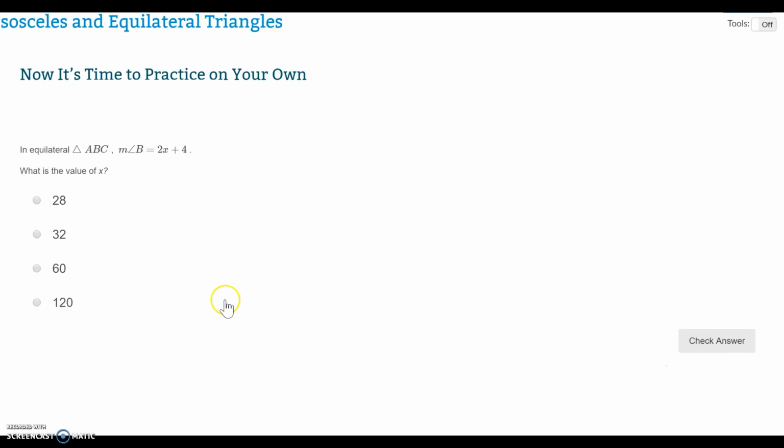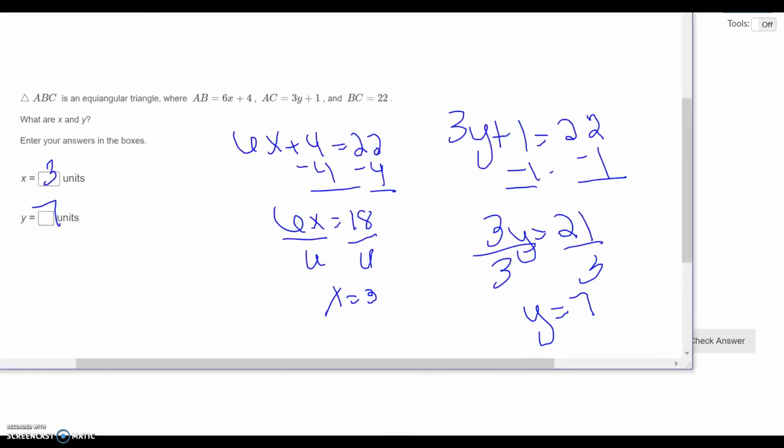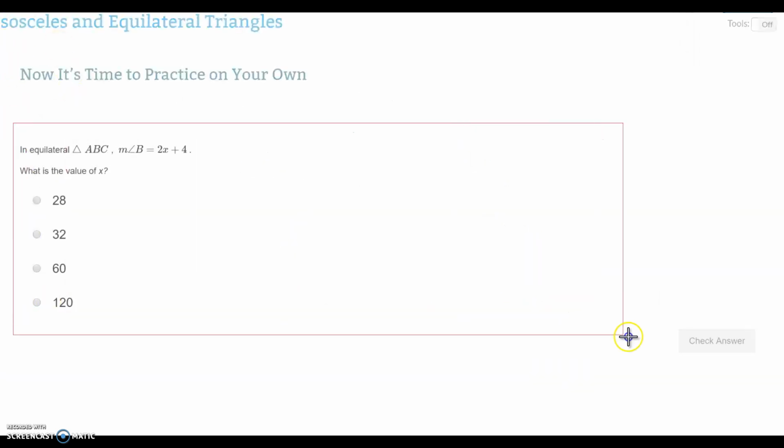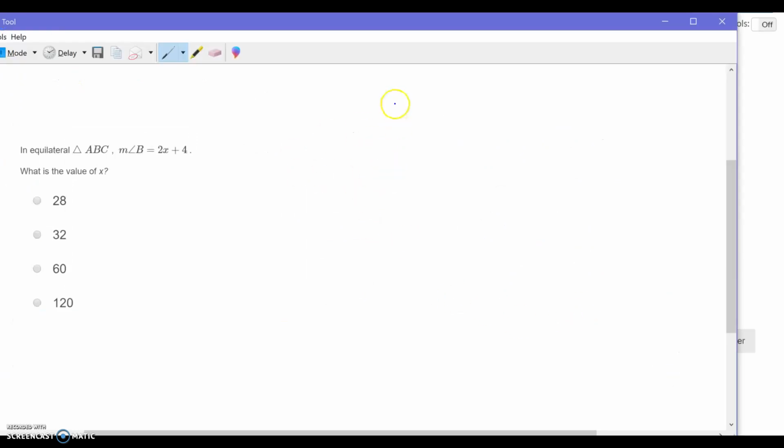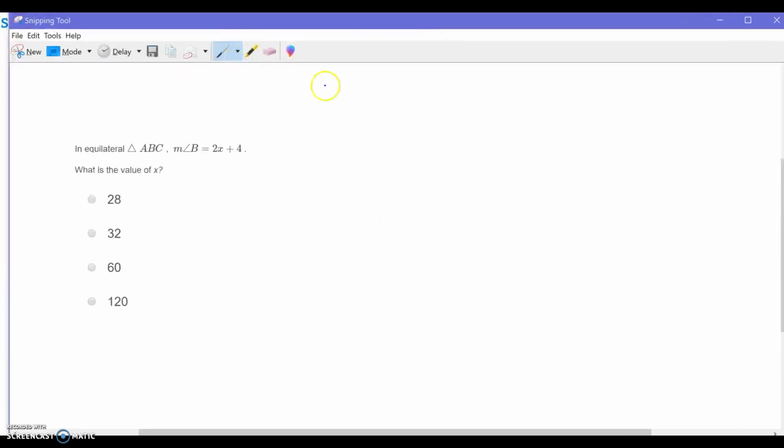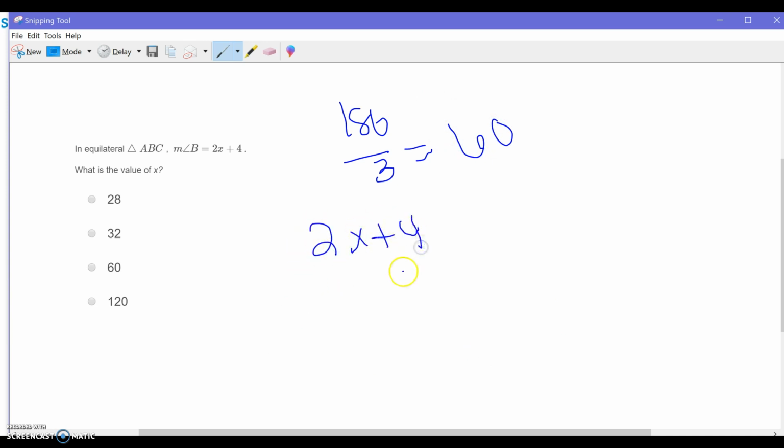Alright, so an equilateral triangle ABC, the measure of angle B is equal to 2x plus 4. Well, equilateral triangles have equal angles, so we just take 180. 180 divided by 3 gives us 60. Okay, so each angle has to be 60 degrees. So 2x plus 4 equals 60. 2x equals